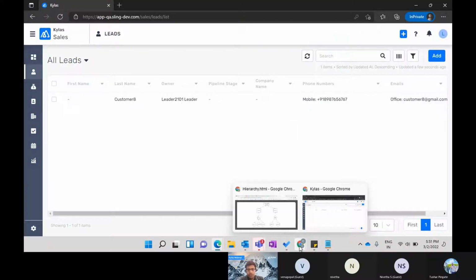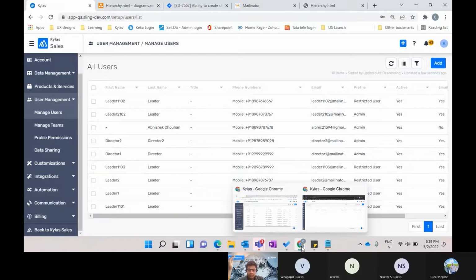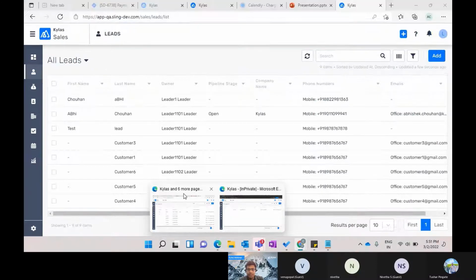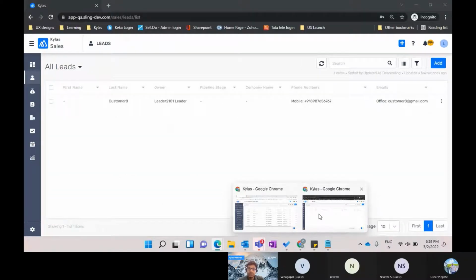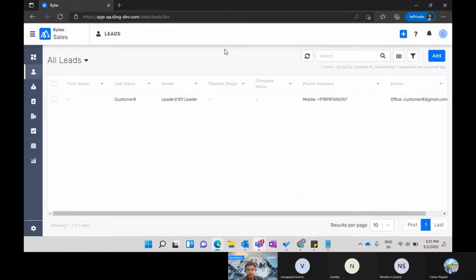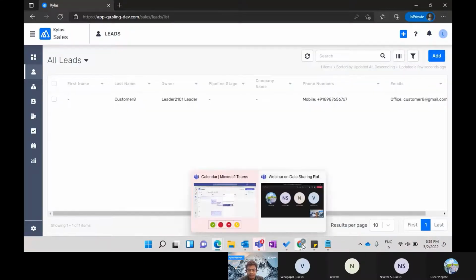There are 4 browser windows that I have opened. One is the tenant account, who is the absolute top admin who can see everything. Another one is one subordinate, and its manager is in this Microsoft Edge. Then in another incognito window, I have the other subordinate whose manager is in another incognito window of Microsoft Edge. So I've opened 4 or 5 different browser windows showing 4 or 5 different roles. Is it clear to everybody? Are there any doubts? Then we will move to the next level of hierarchy, which is